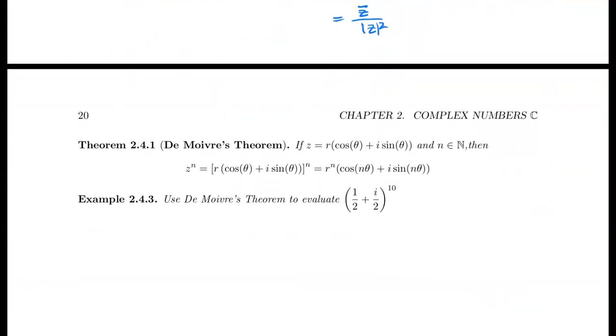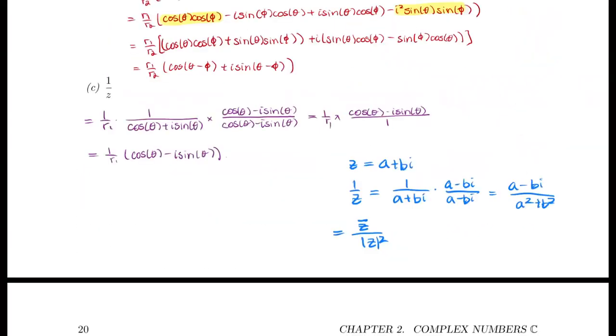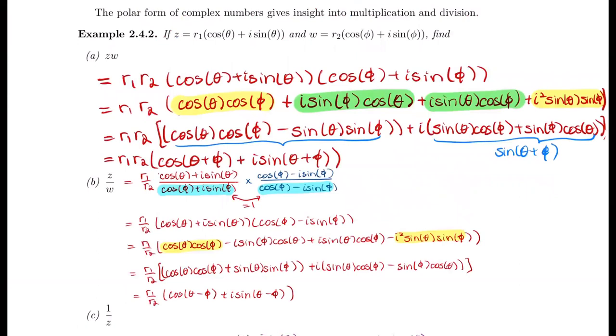Okay, so de Moivre's theorem says that if we have z, which is equal to r times cos theta plus i sine theta, and we let n be any natural number, then we say that z to the power n, that is equal to r times cos theta plus i sine theta, all to the power of n, is also the same as saying r to the power n multiplied by cos of n theta plus i sine of n theta. So from the previous examples that we had a look at, if we say that w was equal to z,